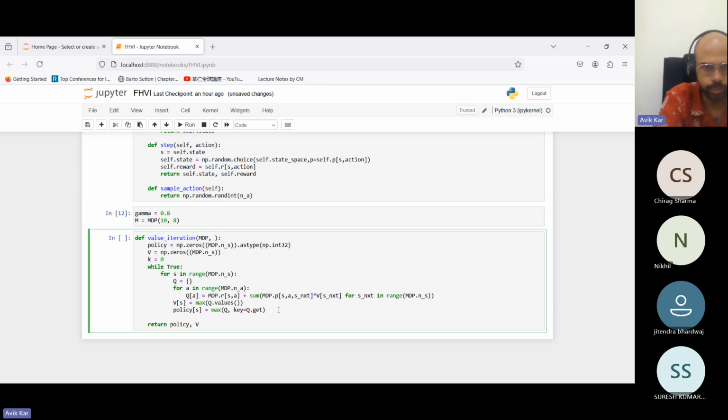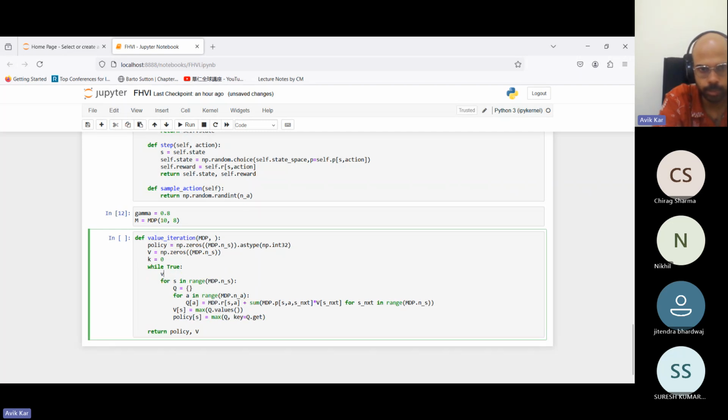And when this for loop ends, then, okay, before the for loop starts, we can save this value in some other array, V old, equal to V. And then we have to write that if condition: if max of the absolute value of V minus V old